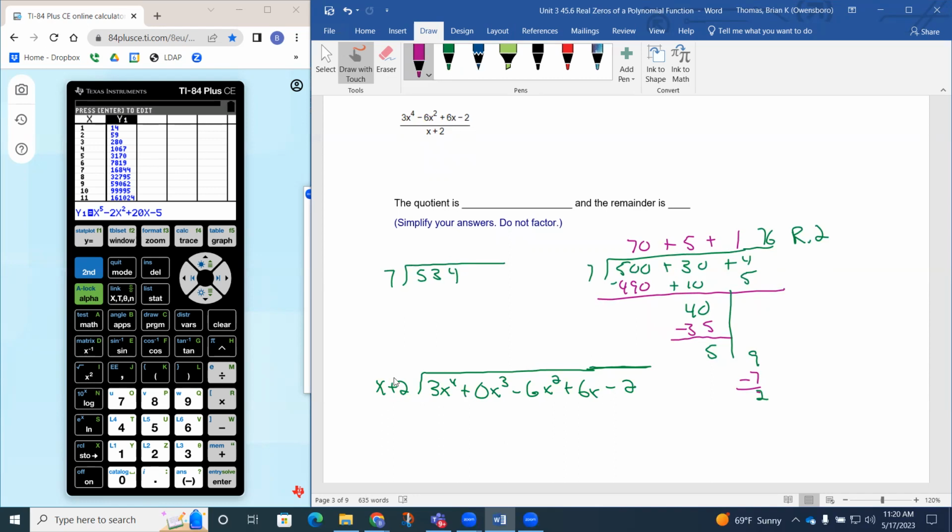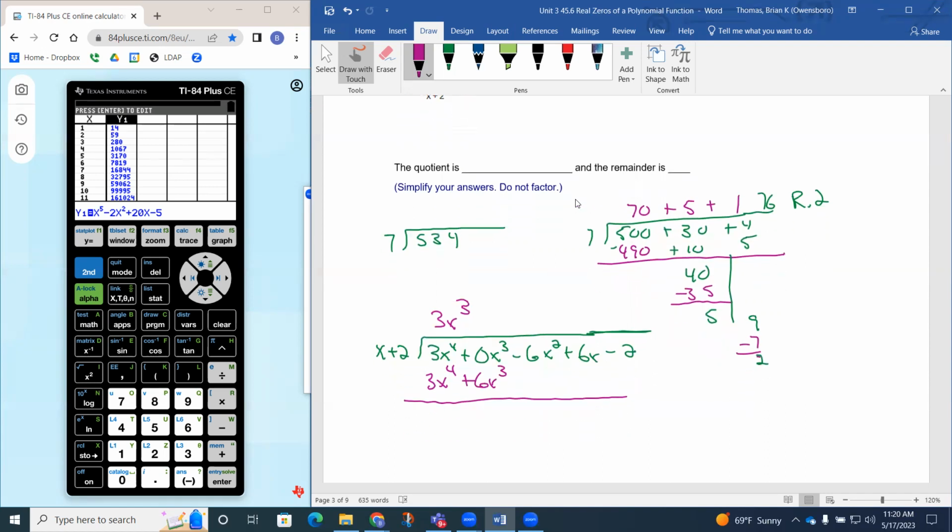We just ask ourselves, what times x gives me this 3x to the 4th? Well, I would need a 3x cubed for that. So 3x cubed times x does give me this 3x to the 4th. And then 3x cubed times the 2 gives me a plus 6x cubed. Notice how that 0x cubed is really important, because it gives me a placeholder, like zeros. Remember, to combine these we're actually subtracting, but to subtract, we can add the opposite. So if I just change the signs and add,